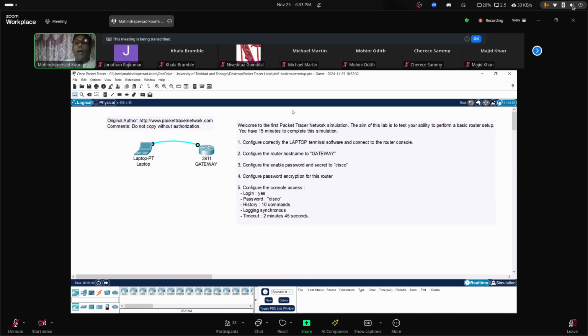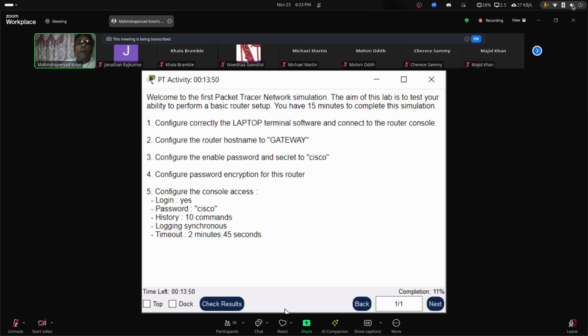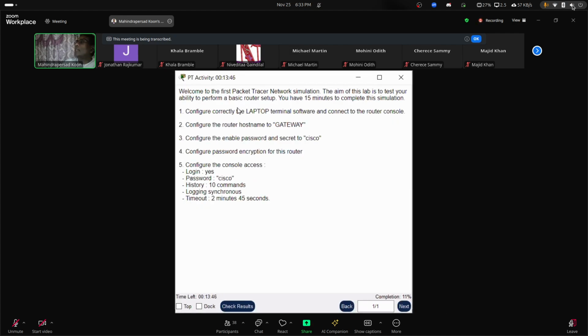And then we had, let's see, this here would have been the activity. I think you're all familiar with what a Packet Tracer activity looks like. And you will see it is the same thing here as was on the